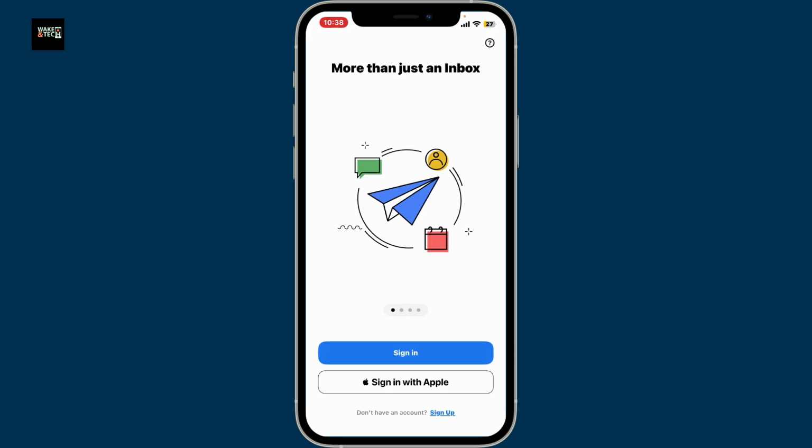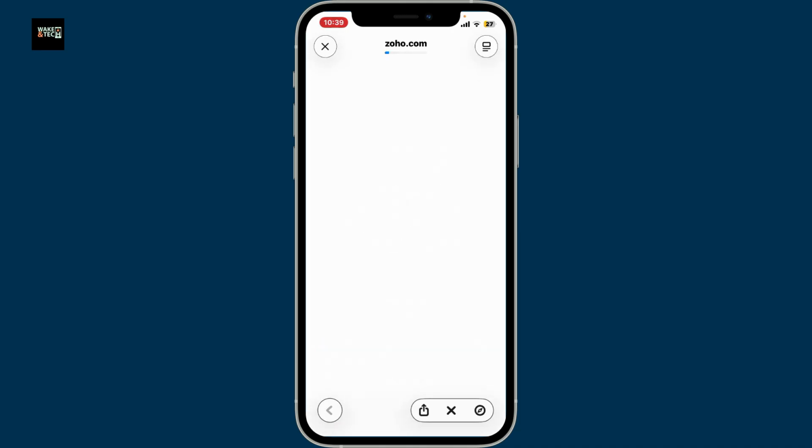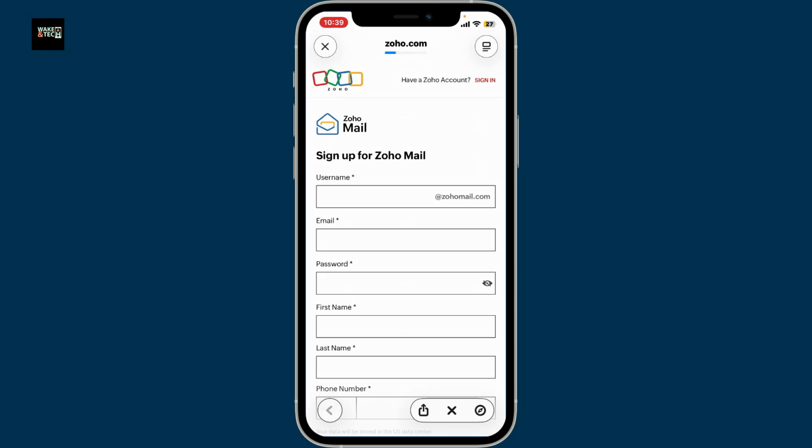If you previously have a Zoho Mail account, you can tap on the Sign In or Sign In with Apple option to get started logging in. If you don't have an account yet, tap on the Sign Up button at the very bottom of the screen. Since we are creating an account today, let's tap on Sign Up, and on the next page, you'll need to